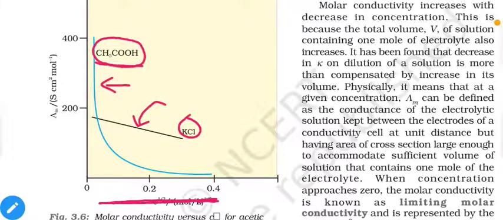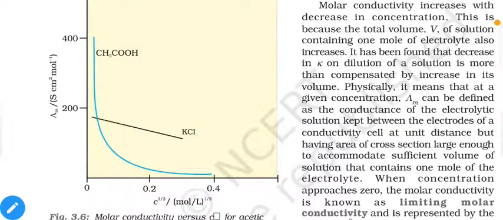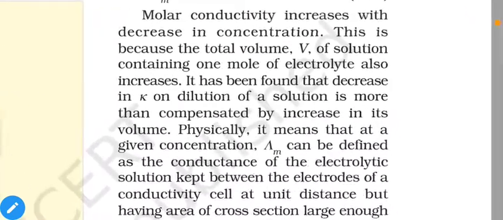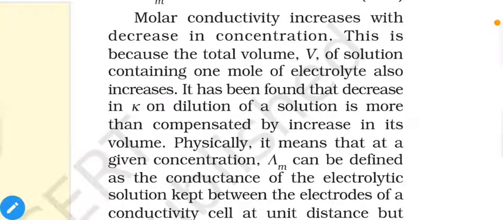On the x-axis we have concentration values C raised to 1 by 2. As we can see, as we decrease the value, molar conductivity is increasing. As you move from right to left on the x-axis, the value on the y-axis increases. That means as we decrease the concentration, the molar conductivity of the solution increases. So why does this happen? Why with decreasing concentration does molar conductivity increase? We have some explanations regarding this, but before that let us discuss some points about the paragraph